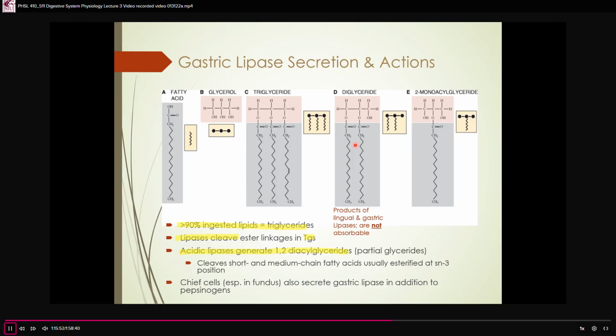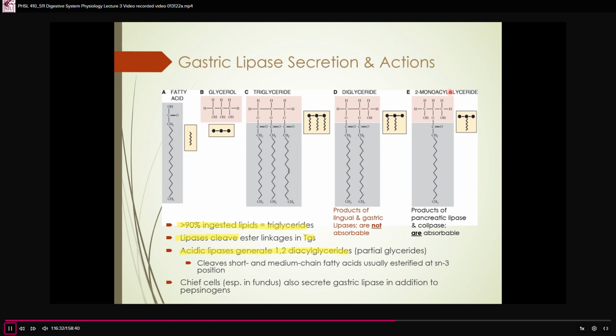In the small intestine, the pancreas is going to contribute another lipase called pancreatic lipase and a coenzyme that works with it called colipase, which needs to be present along with the lipase for it to have significant enzyme action. This particular lipase is not an acidic lipase. It works at a more near neutral pH, and it can cleave with equal ease at either this ester linkage or this one. So it will take the partially digested 1,2-diacylglycerides made in the stomach, and it will cleave off this fatty acid and convert them into 2 free fatty acids and the